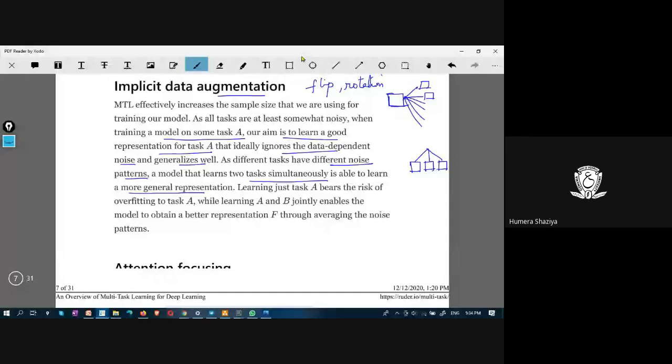So when you are training a model on some task A, we need to learn a good representation for A that should ignore data-dependent noise and generalize well. A model that learns two tasks simultaneously is able to learn a more general representation. If you learn two or three different types of martial arts, then you get to know the general details of martial arts.